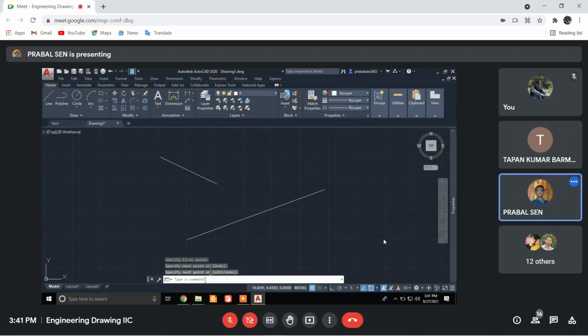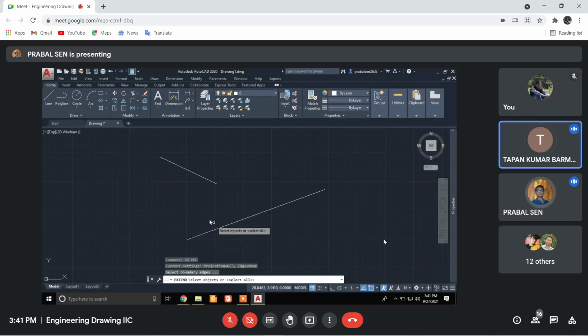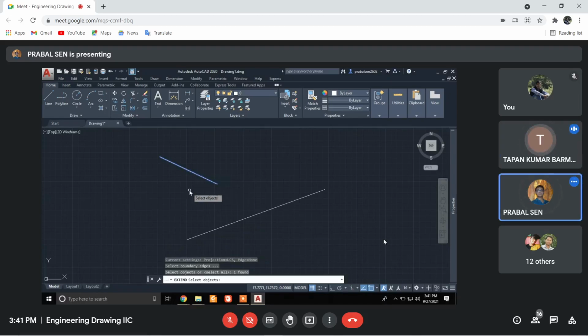No problem, that is called the extend command. Okay, select, enter. Now select the boundary edge, not that one. You follow your command line. Select the boundary edge. That line is not your boundary. The boundary should be the other line.